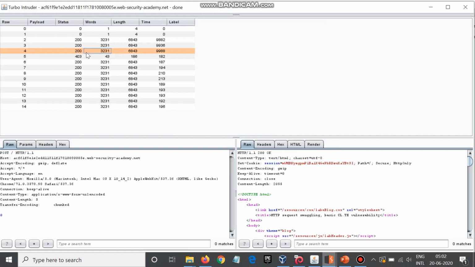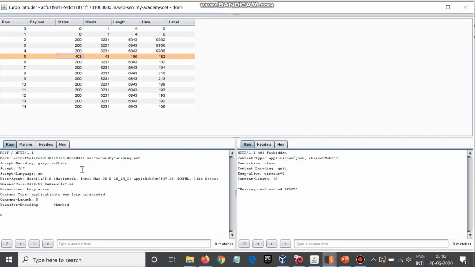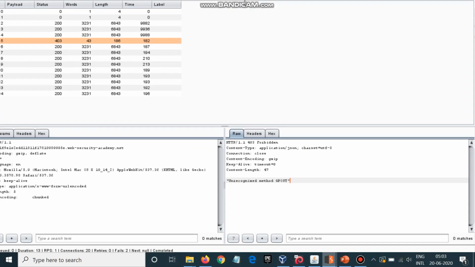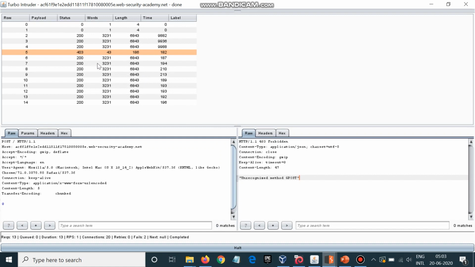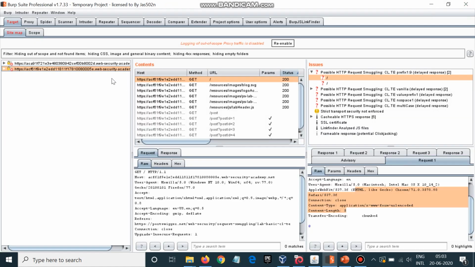See, now we have a 403 which says forbidden, unrecognized method GPOST. So you can try two or three times for this attack and you will definitely get a 403 or whatever desired effect you want. So there we solved the CL.TE lab and now we'll go for TE.CL.